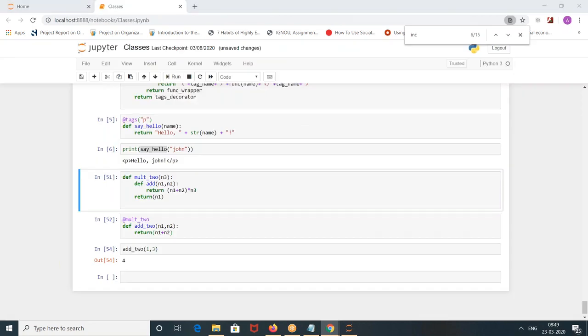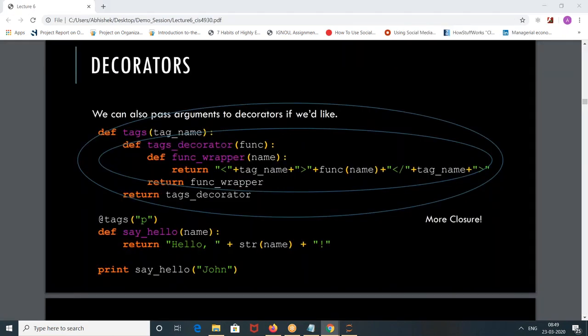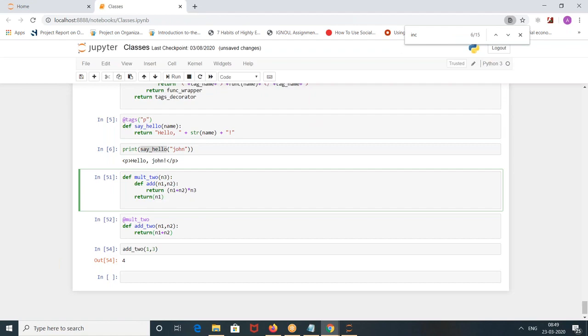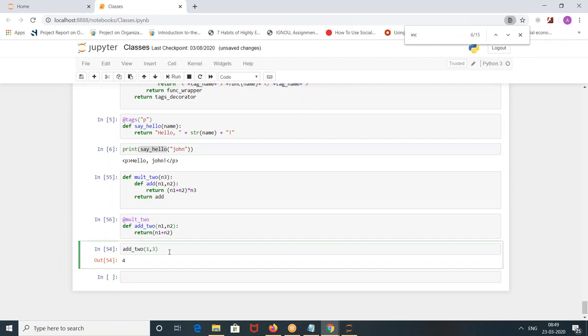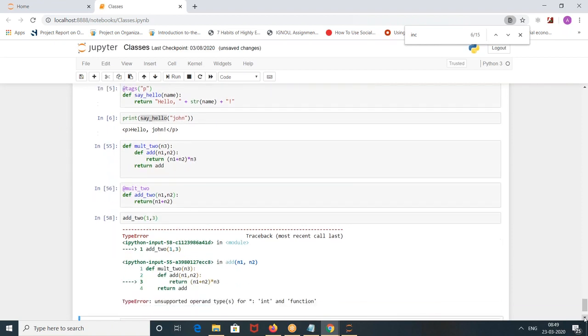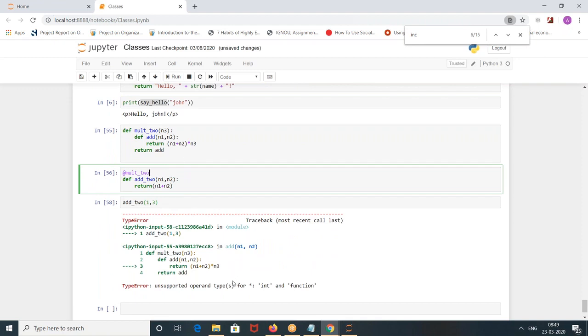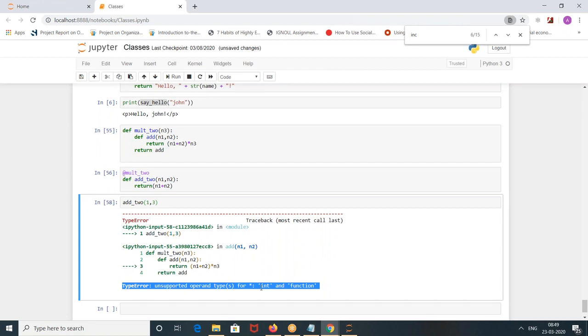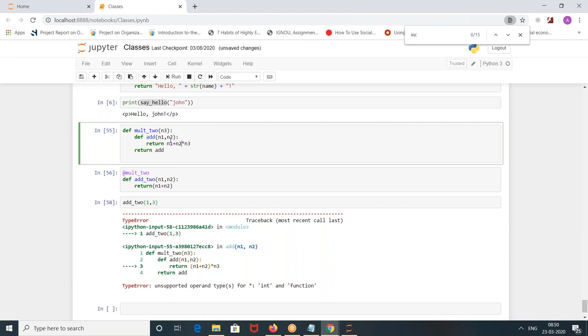That should have n1 plus n2, and then the return of tags of decorators. An int operand does not support this.